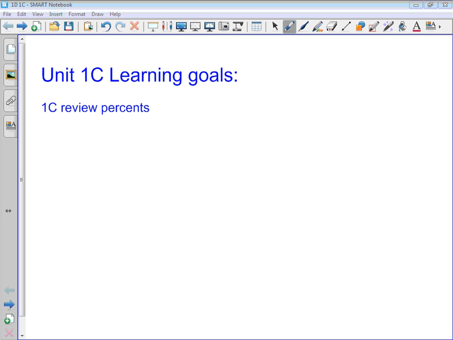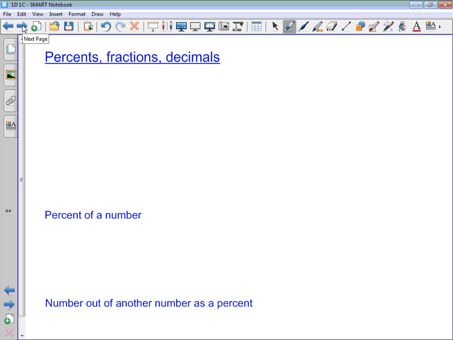Okay, we're going to review a little bit about percents here. This is box C from Unit 1, and we're still reviewing stuff from last year. So what we want to talk about here are percents, mostly percents, but we want to recognize that if we